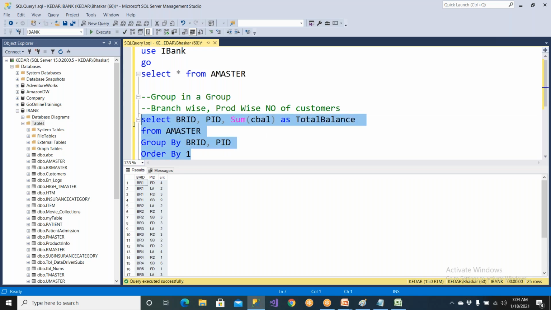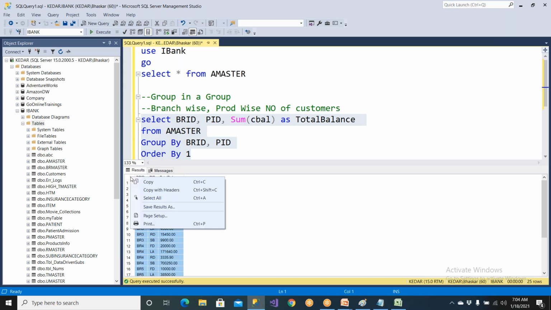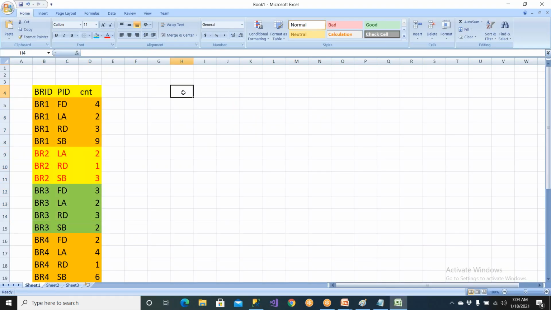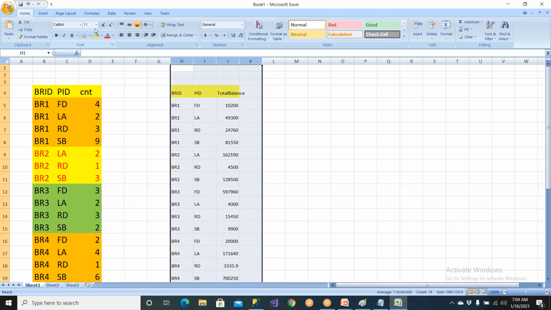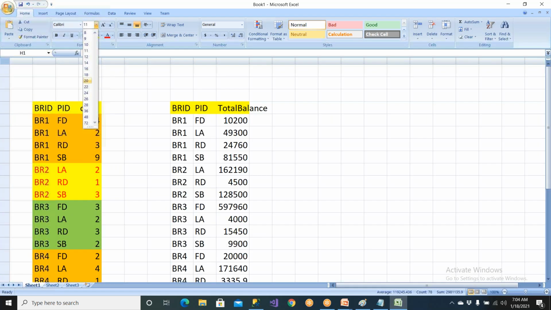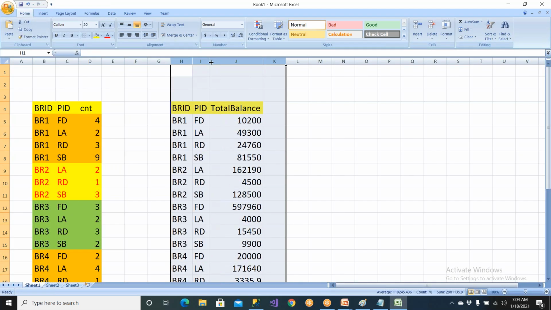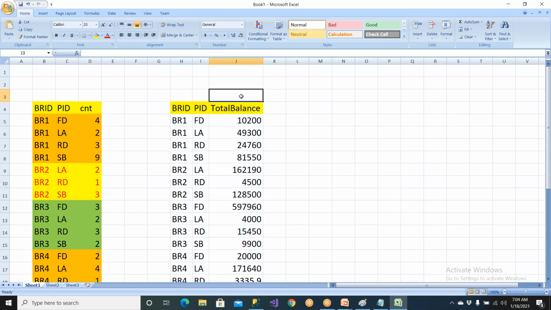So let me execute it. Instead of a counter, I wanted to know which is the product which is having good revenue, in terms of monthly collections or average collections, whatever you wanted to have. So this is the one I wanted to have. Let me create this and let me increase this font as well to 20. Clear? So you should be able to create a report like this and submit these reports to